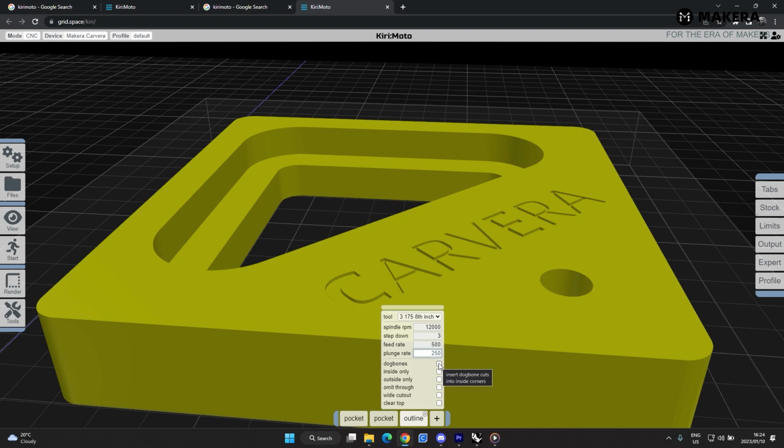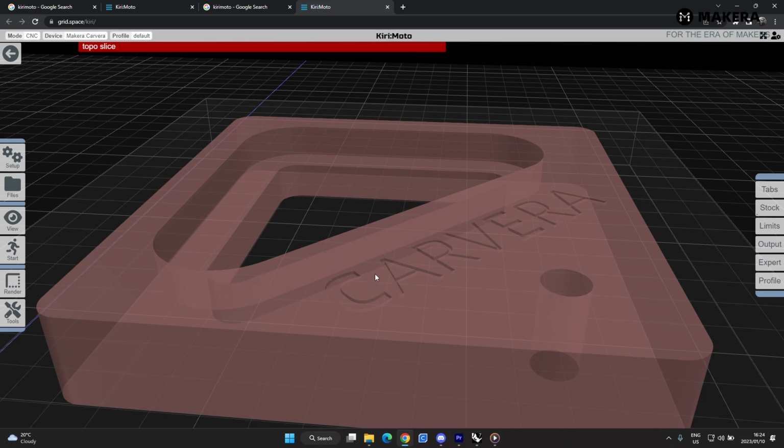Now if you have any parts fitting together with inside corners, sharp corners, you can add the dog bones, you can add these features over here. If you only want to cut the inside of the part, you switch this on. If you want to cut the part through, you select this. If you want to do a wider cutout of the part, you can do that here. And if you want to clear the top, meaning facing the top, you do that over here. So we are happy with that. We press S,